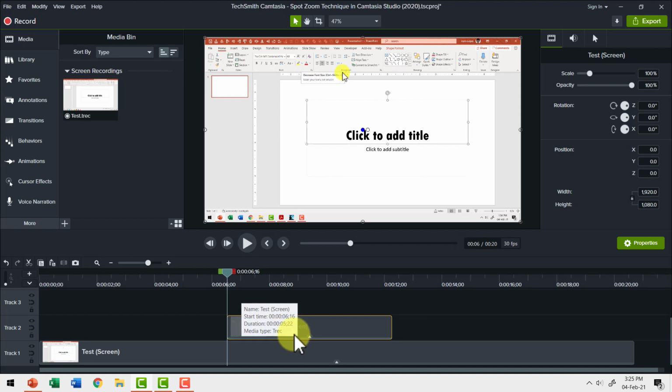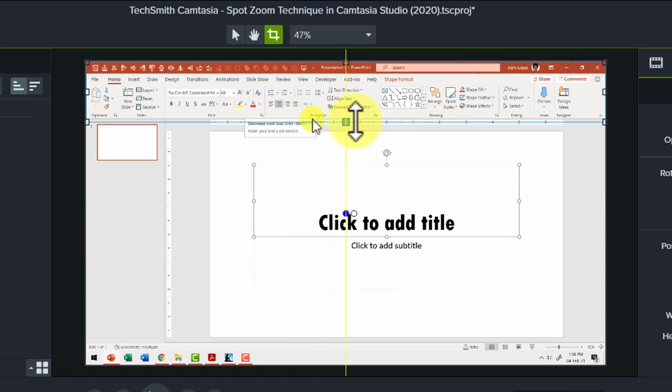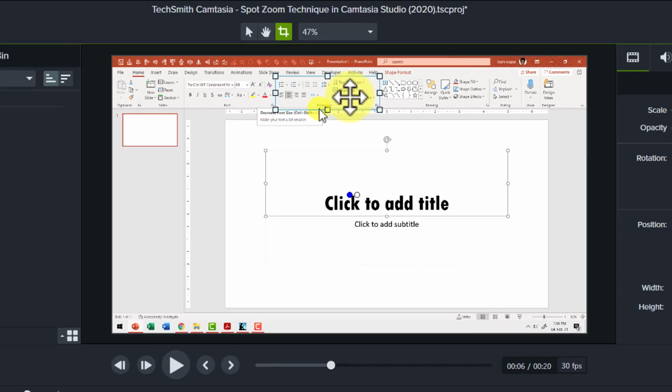Now the next step is just to crop the area that we want highlighted. So I'm going to select this and then use this crop tool here, click on it, and then crop the portion that I want highlighted. So I want to highlight the second group. So I have cropped it till here and then move the crop and this is the area. And then let us move this to this portion and to this portion. Now this is the area that represents second group.